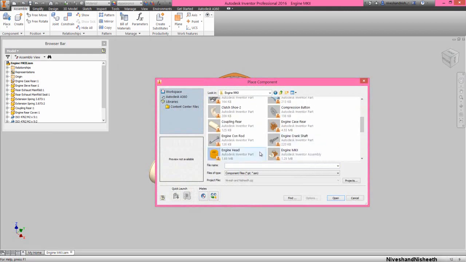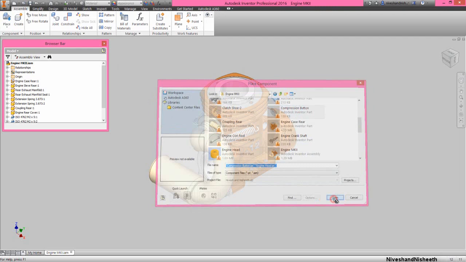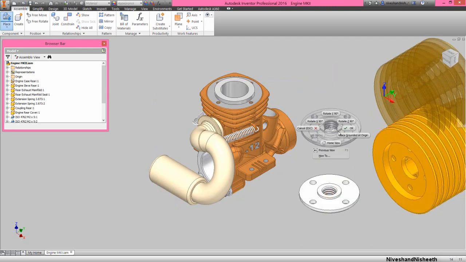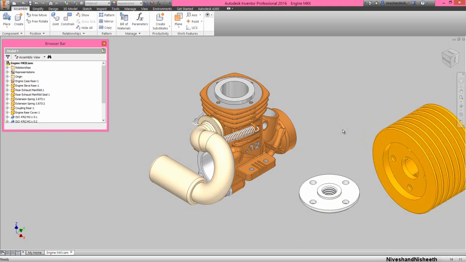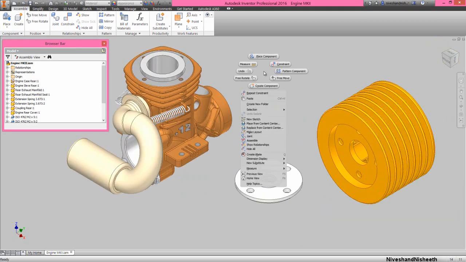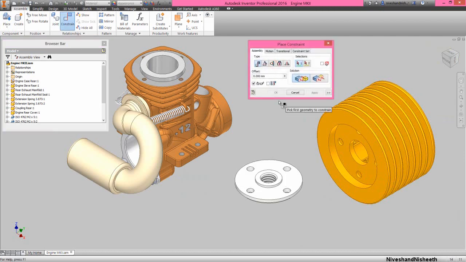Now we will place the part engine head and compression button in my engine MKII assembly. Now we will activate the constraint command and choose the insert mate option from here.